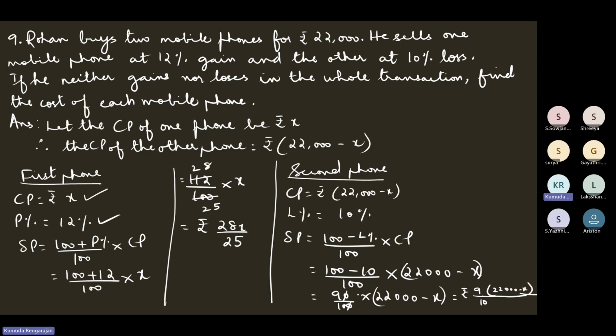Substitute the values: 100 minus 10 by 100 into 22,000 minus x. So 100 minus 10 is 90, 90 by 100. The 0 and 0 get cancelled. So we have 9 by 10 into 22,000 minus x. So now, if